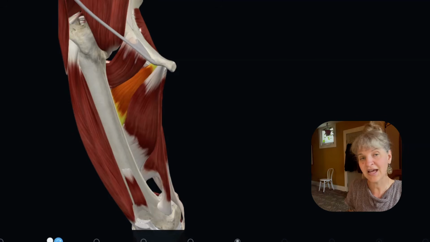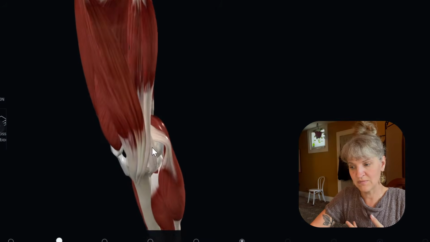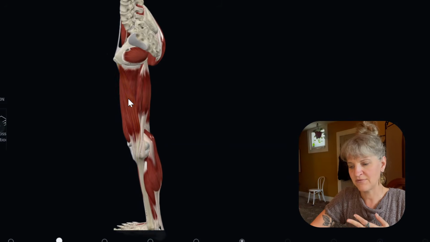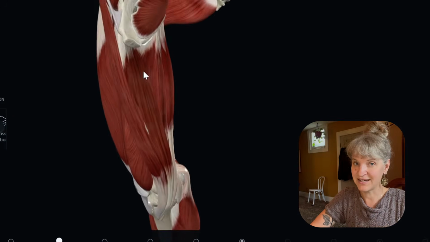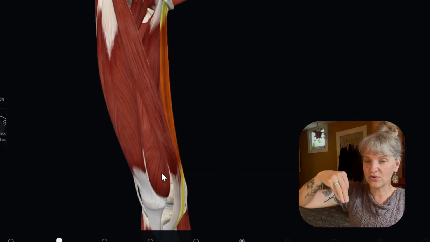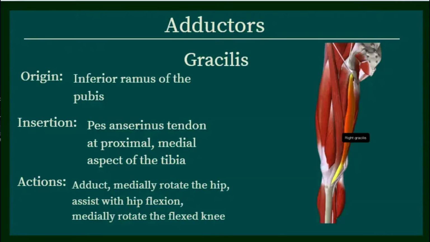So all those adductors, what do they have in common? Adducting, medially rotating the hip, and a little bit of hip flexion. So remember that in your MBLEx. One more adductor. This one also helps with medial rotation. It also helps with adduction. It does help with hip flexion. And because it attaches at the pes anserinus, it helps with that corkscrew knee flexion, medial rotation and the knee flexion. Gracilis